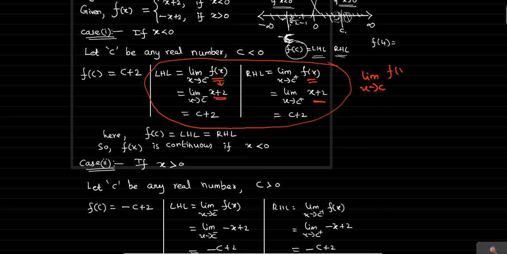Okay, now f of x. The close values on the left side as well as the right side will be smaller than 0. Then the suitable function is the first function. Now replacing f of x with the first function and applying the limit, c plus 2. So instead of writing the left hand limit and right hand limit separately, together also we can write it like this. So c plus 2, right? Then finally the f of c value and the limit x approaching c of f of x value are the same. So f of x is continuous. If x is less than 0, we can conclude.